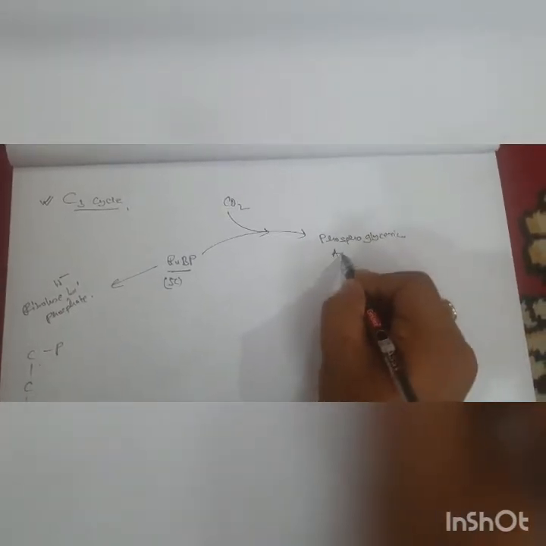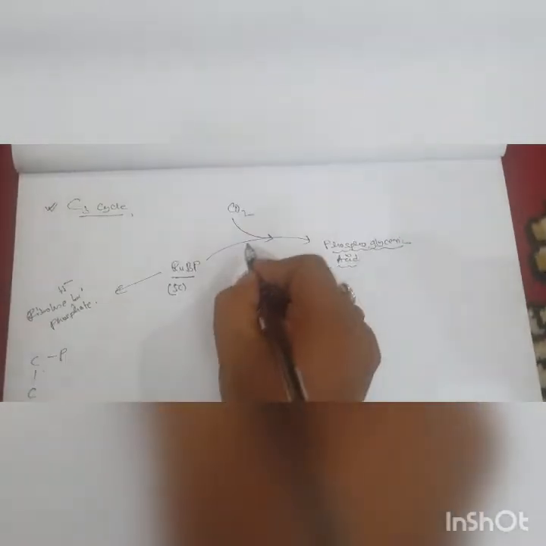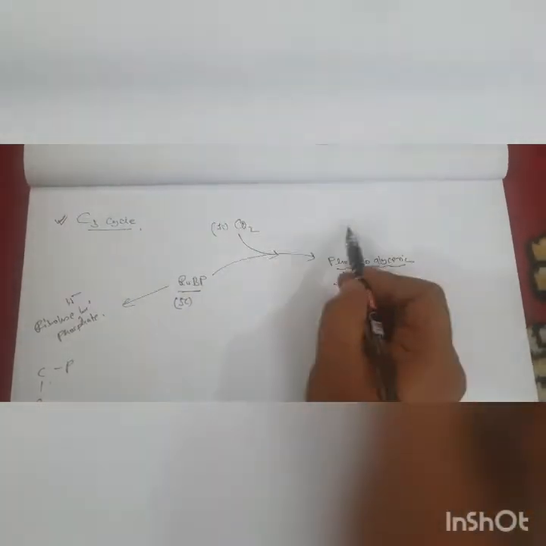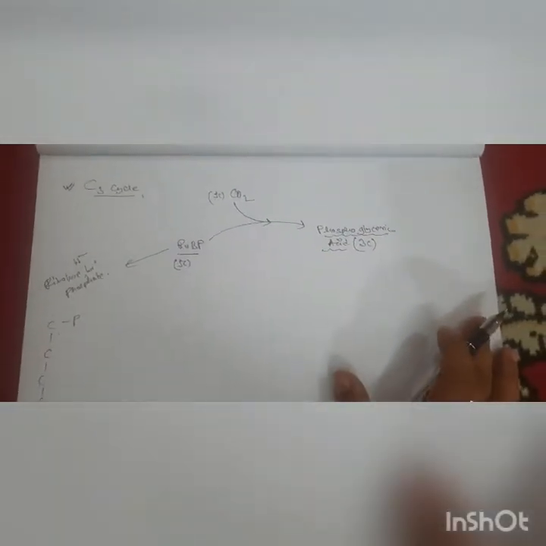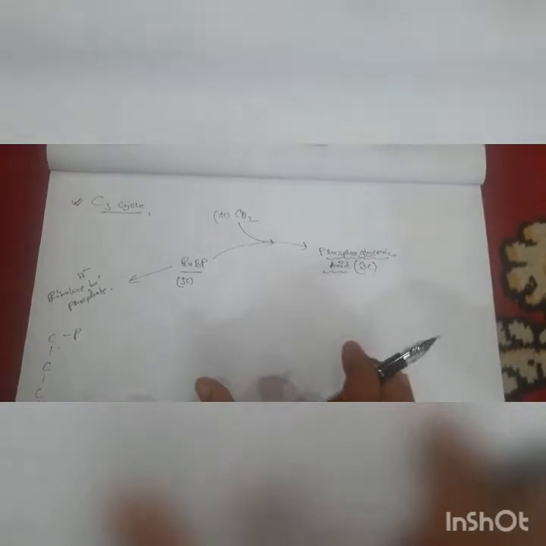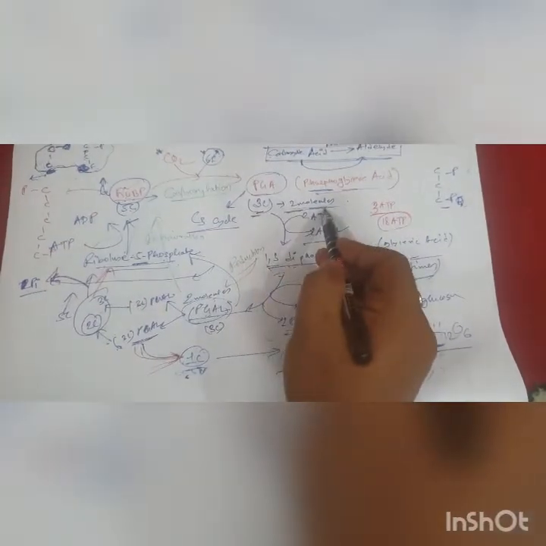Phosphoglyceric acid. Now to understand this, this is 5 carbon, 1 carbon is coming from here, but this is a 3 carbon compound. I have told that the 5 carbon joins with 1 carbon and becomes 6 carbon, which splits and becomes 3 carbon, and I had explained it in that way. So I will also recapitulate the previous day's explanation and today's new explanation so that you understand things. I had said that this RuBP comes with CO2, the 5 carbon plus 1 carbon makes 6 carbon, which breaks from the middle and becomes a 3 carbon PGA. Because it breaks, that means there are 2 molecules. In this way we understood.